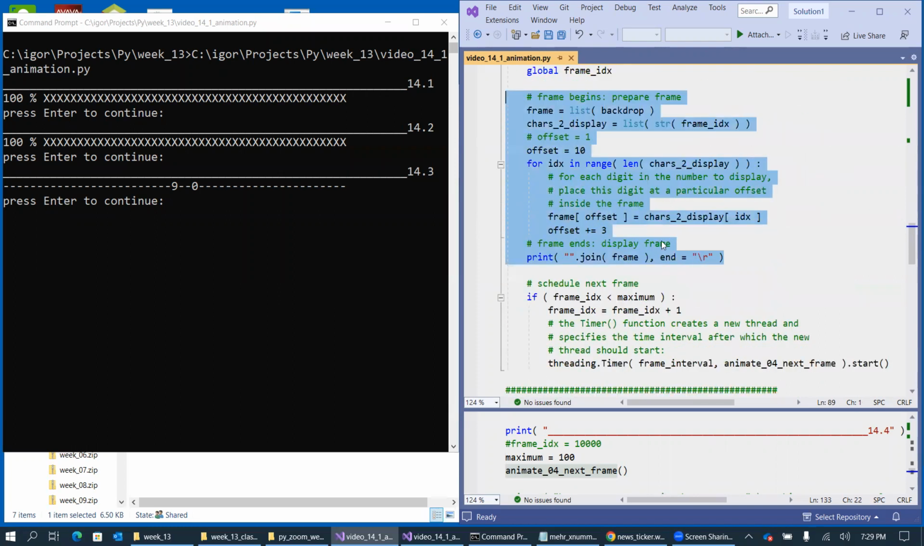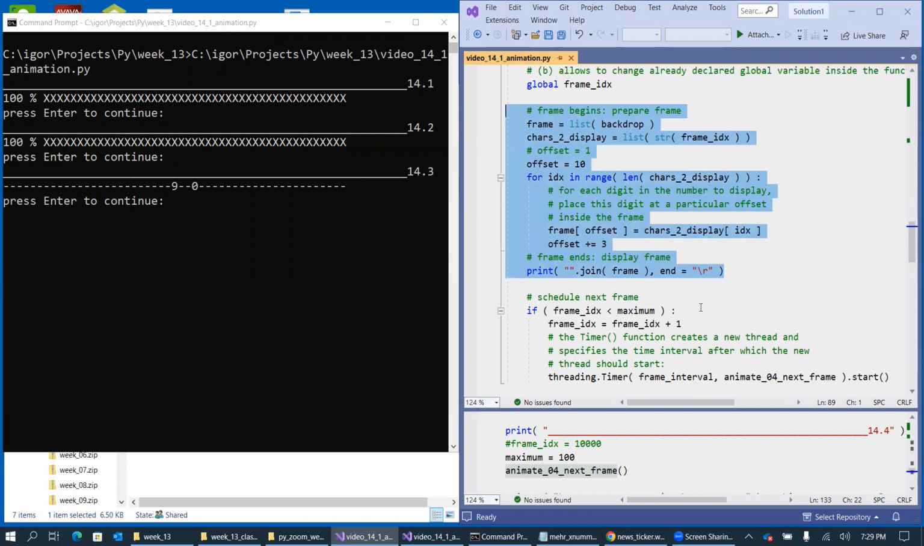But something interesting is happening next. So the next thing that we do, we say that as long as frame index has not reached the maximum, we're going to increment it by simply adding 1 to it, and we will use the timer function to create a new thread of execution. And it's just the way it works in Python. It will be a parallel